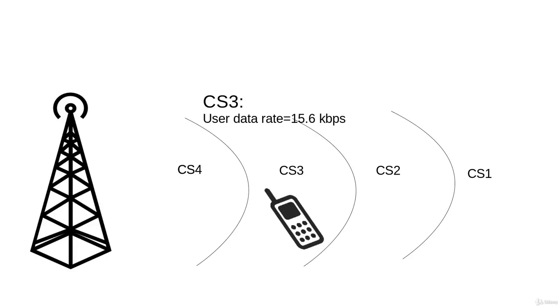Now as the mobile station, for example, is further away from the base station in this region, the channel conditions of the mobile station will deteriorate. This means that there is a chance of higher bit errors because the mobile station is farther away from the base station. Now we need more bits for the error correction. This means that out of 22.8 kbps, now we are only using 15.6 kbps for the user information, while the remaining bits are now used for the error correction. So this means that here we have a lower data rate.